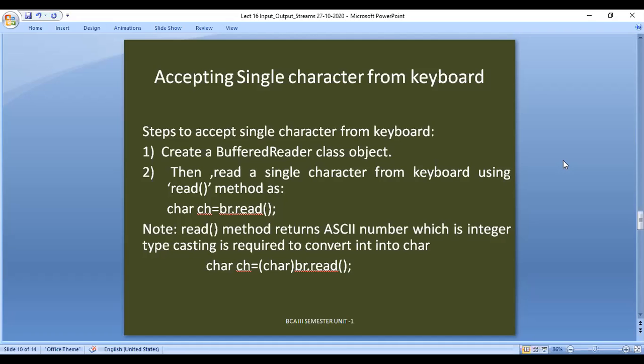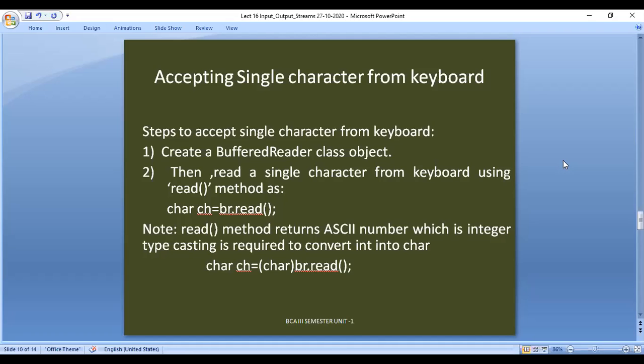So char ch equals br.read will be used. This is a default method available in the buffered reader class, and this method returns an ASCII number.